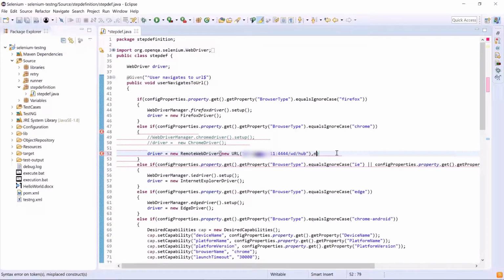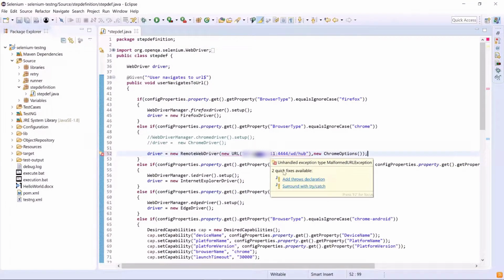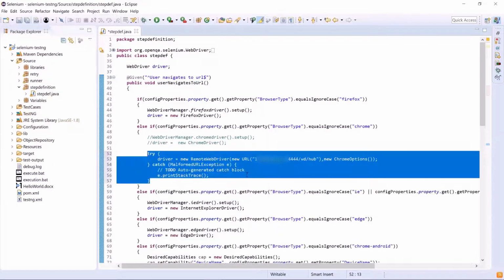After that, we need to pass the ChromeOptions object. So I'll just create the object of ChromeOptions and pass it to the function argument, because right now I don't have any capabilities to send. And then add this statement under the try catch block.